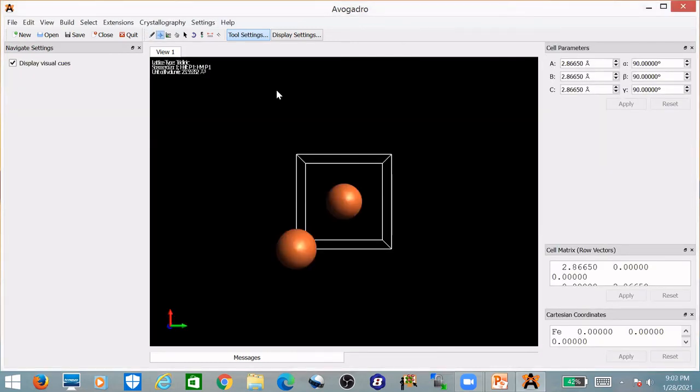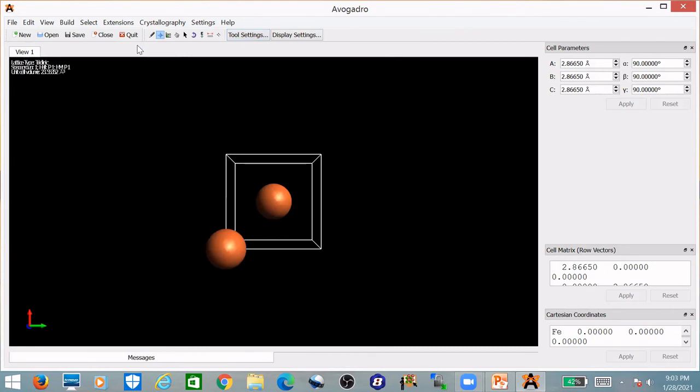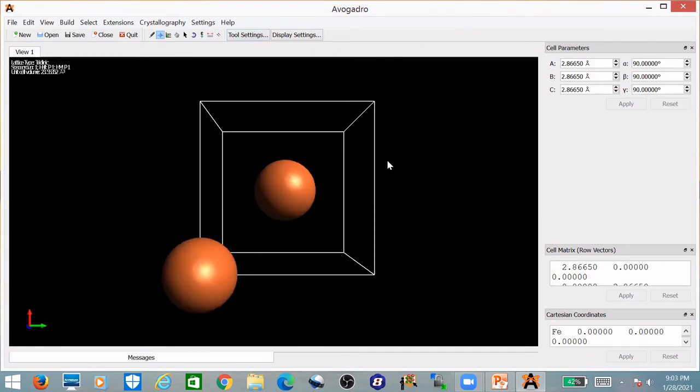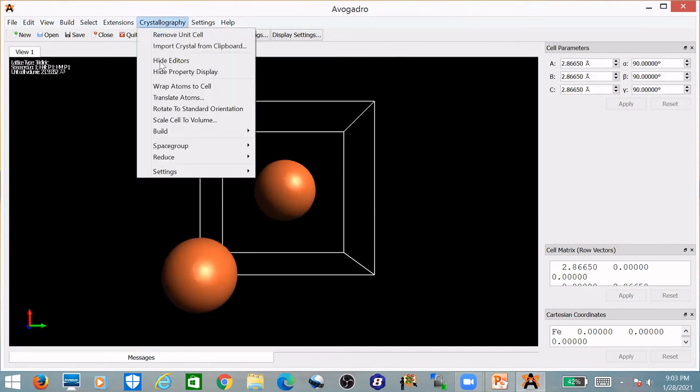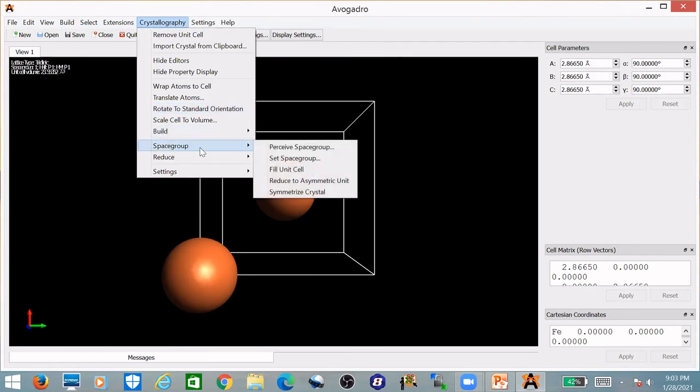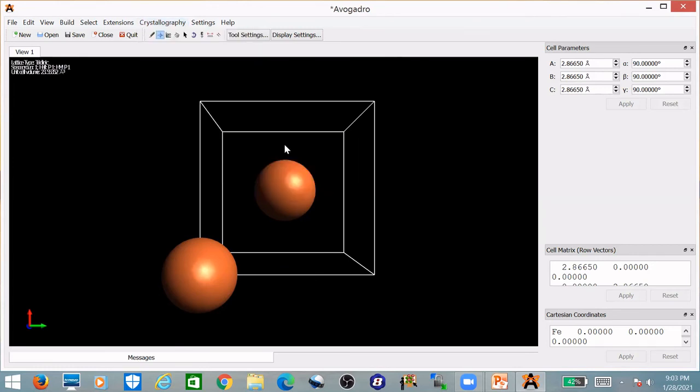We're done. And then again, you can see that the lattice type is triclinic. Now delete this, and navigate the settings to get a broader view. Now, the next step is to go to the crystallography menu, space group, perceive space group.